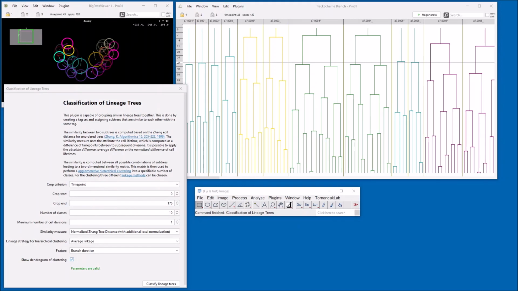Other than that, I would recommend you to try out what works best for you. And in the future, we plan to do some performance tests, to see which similarity measure maybe works best. Then I will do the classification of these lineage trees so that we can see